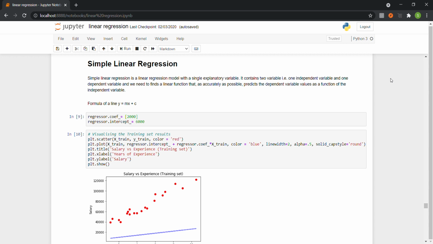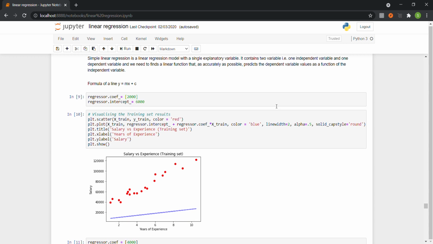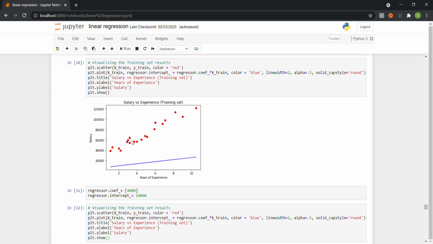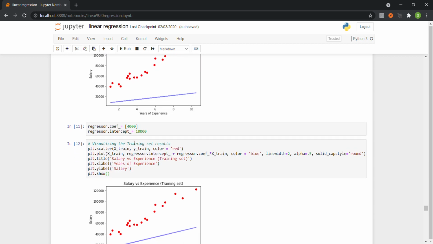So let's see it first manually and then we are going to use a model. So okay, here is a graph that we can see. Here the slope value is 2000 and intercept value is 6000, and we can see that it is not at all fitting to our model as it is very far from accurate and not precise even, and therefore we have changed it.